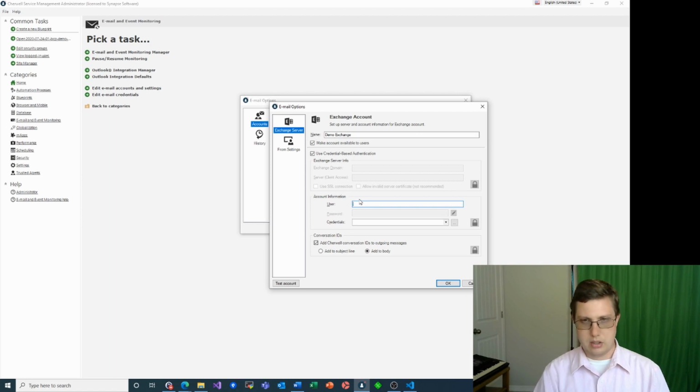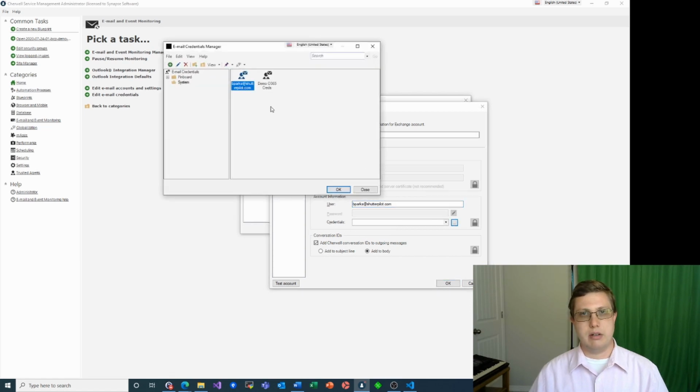It figures that out based on the other stuff that we'll provide. So here, I'm going to put in an email address for, I actually have another company that uses Office 365, so I'm going to use an email address from that company. And the email address is what I'll type into the user field here. Now you'll notice the password is grayed out. That's because we're going to use Office 365 Modern Authentication, not the username and password. So I'll click Credentials,